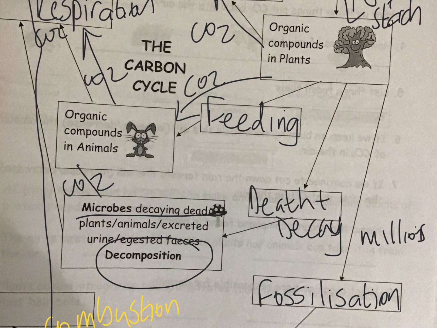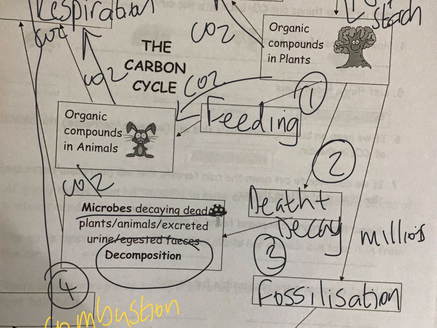So you can see that we have, through feeding, through death and decay, fossilization, combustion, the animals respiring and the plants respiring, six positions on this cycle that put carbon dioxide back into the atmosphere. There is only one place where the plants absorb that carbon dioxide, and that is a balanced system that produces enough carbon dioxide and releases enough